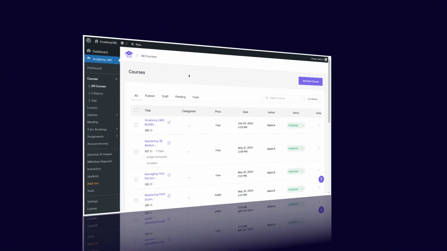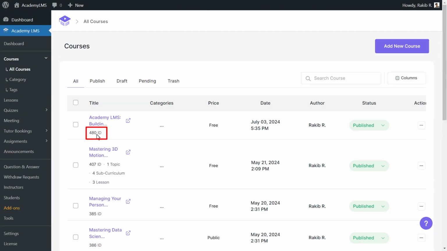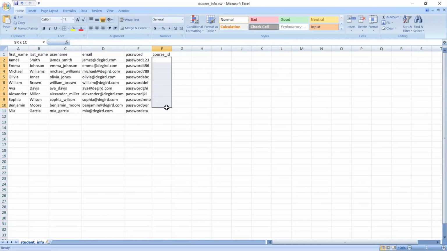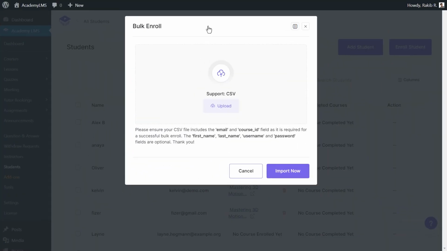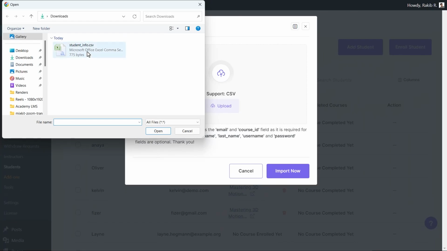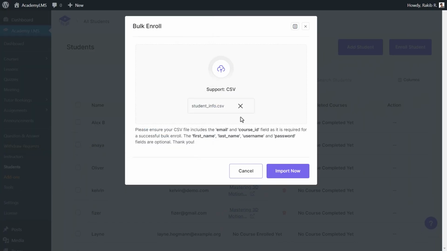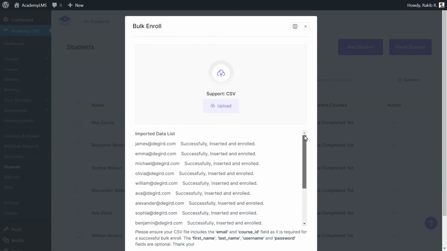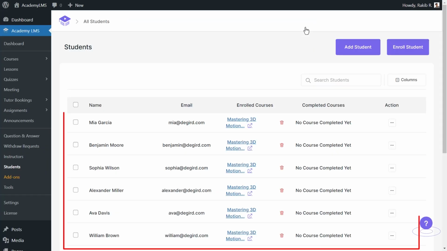Navigate to your courses to find the course ID. Add the course ID to your CSV file. Choose and upload the CSV file and click Import Now, and done. You have successfully enrolled a bulk number of students in no time, and that's how you use the Manual Enrollment